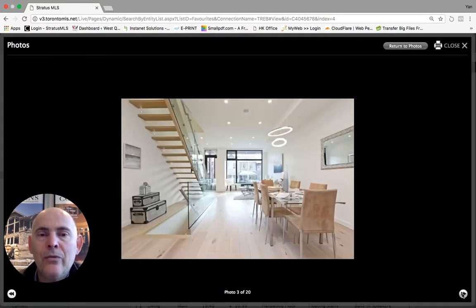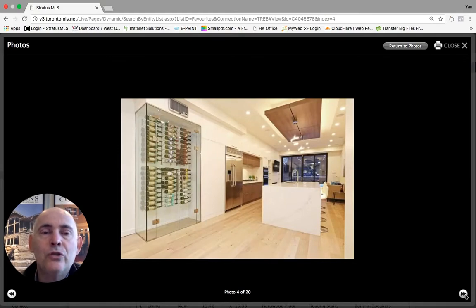Nice flooring, white scraped, I believe it's scraped oak, and it's a bleach color. I like that color for today's renovations. Nice and deep. They chose to put a wine cellar, so to speak, if you call it a cooler, on the main floor beside the kitchen,